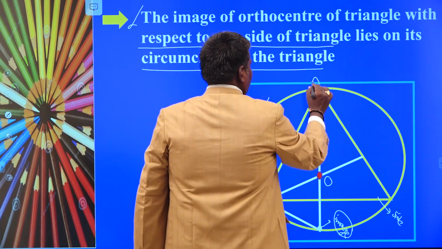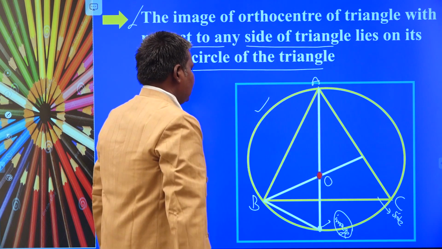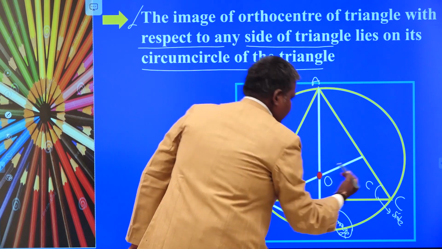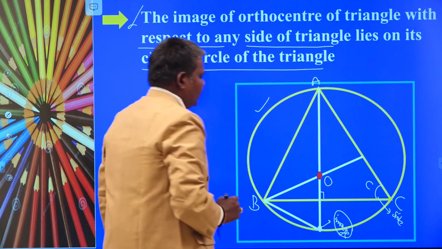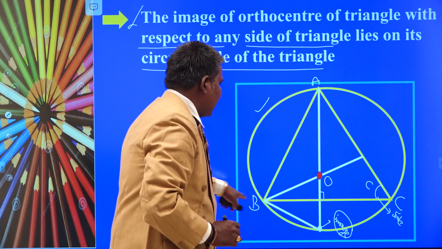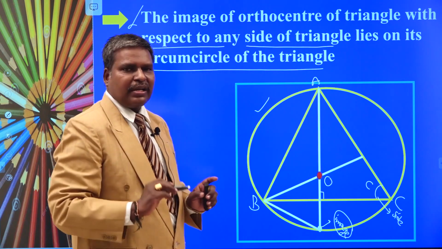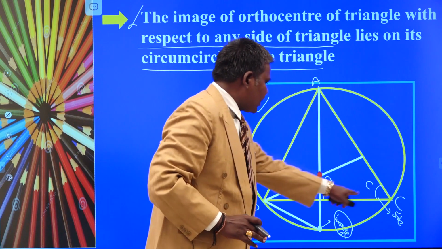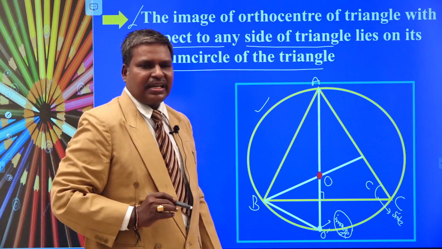First of all, I initiate the vertices. A, B, C are the vertices of the triangle. The corresponding angles are A, B, C. We mean what is the angle here? C. What is your claim, my dear students? Are these two lines perpendicular or not? Yes, because this is an altitude. An altitude is perpendicular to the corresponding side. This is 90 degrees. A perpendicular bisector means that it will be perpendicular and bisect. So we have to show that BC is the perpendicular bisector of OO dash.